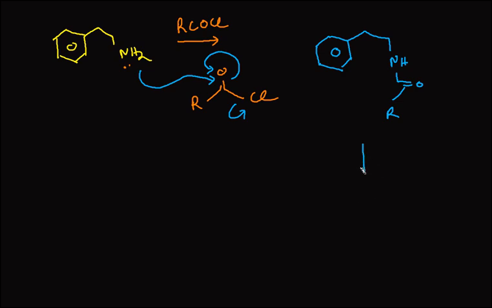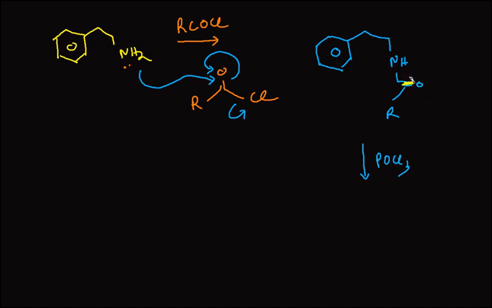Now let's say I add POCl3 over here. When I add POCl3, what will happen? If you know the mechanism, you will be quickly able to draw it. I'll just quickly give you a glimpse. This nitrogen will basically donate electrons over here. This oxygen is going to attack the phosphorus, and one of the chlorines is going to be eliminated. That chlorine will come and attack this carbon again. Let me show it to you so that you don't get confused.